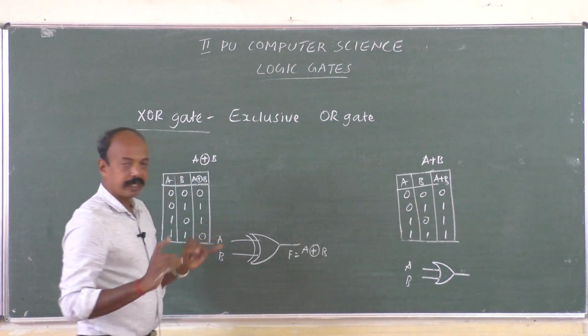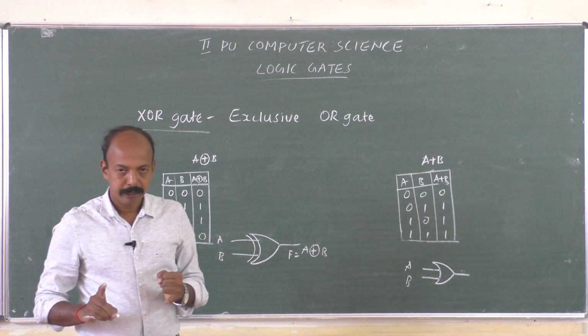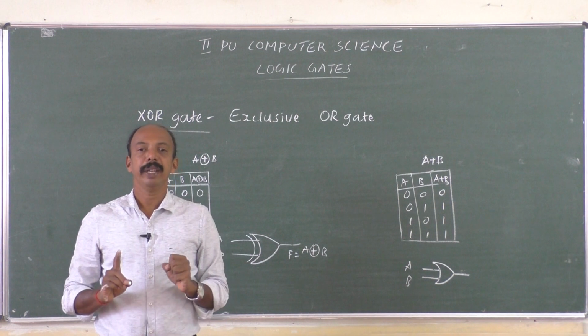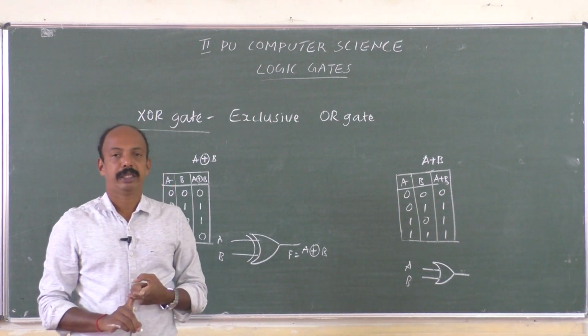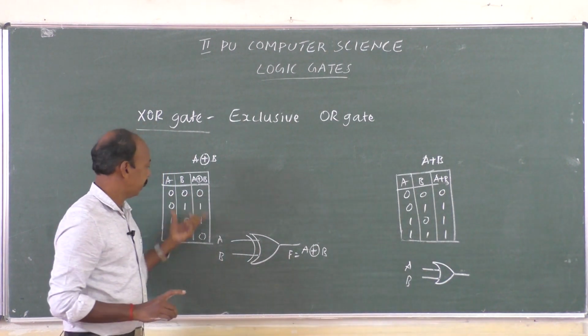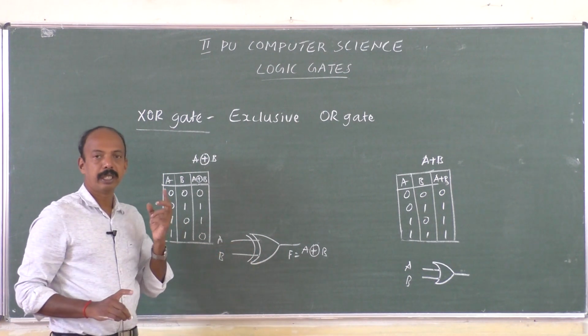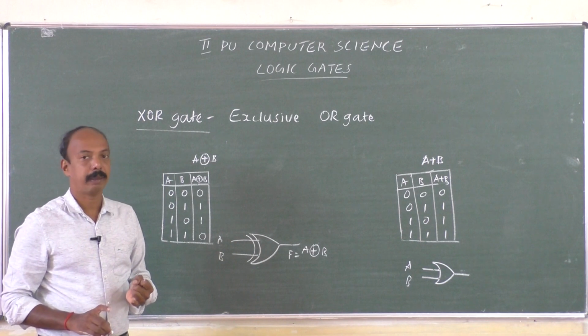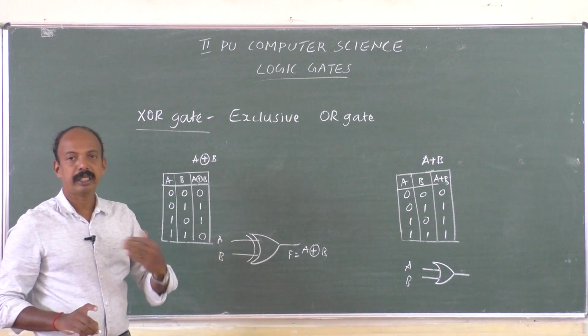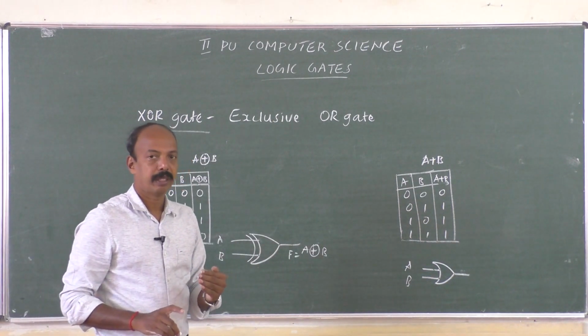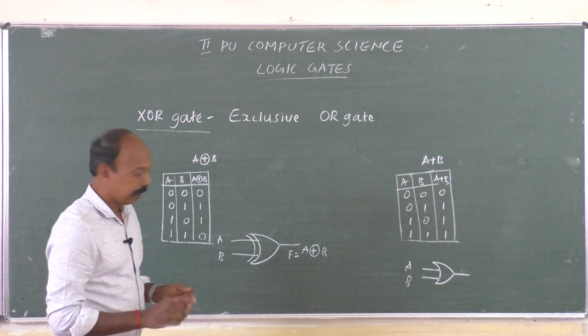So in case of XOR, the only thing that we have to keep in our mind is that whenever we have an even number of ones, the output is 0. Of course, in case of a 2 input XOR gate, only one combination will give us an even number of ones. But when we go for 3 or more inputs, we have to be careful. Let us go to